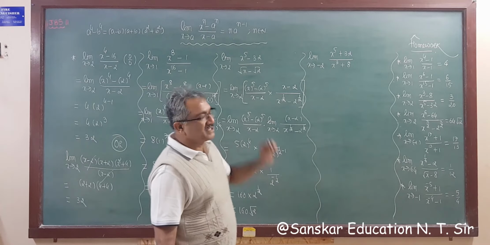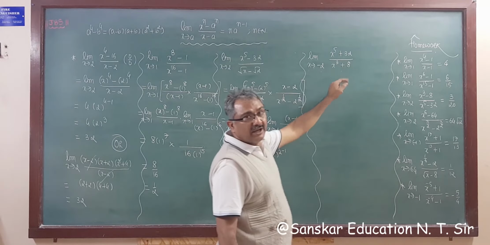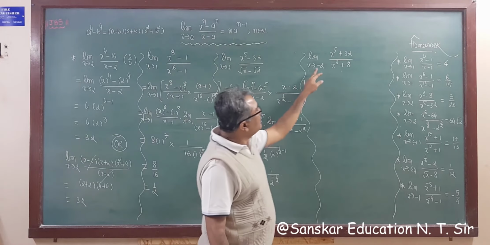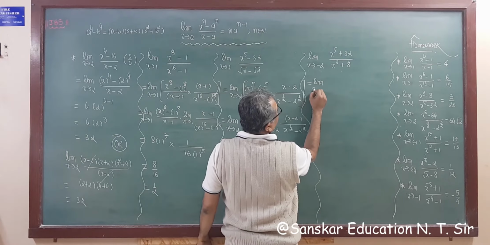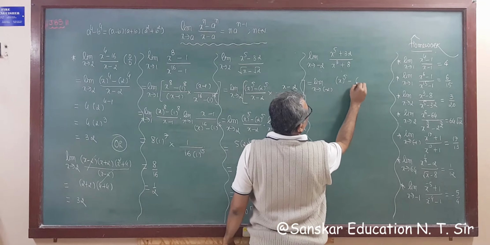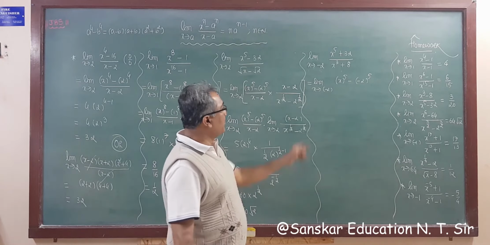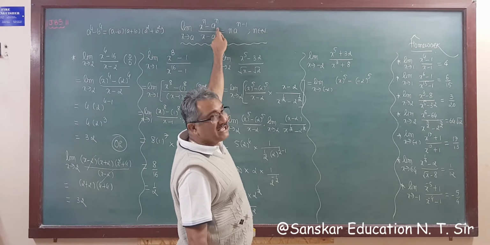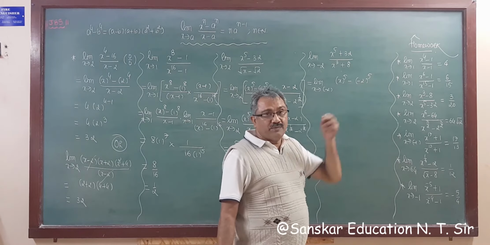Okay? Now it is given x tends to minus 2 and here is plus. In the formula we always need minus, and this is also minus 2. So can I write it like this? Limit x tends to minus 2, x raised to 5 minus 2 raised to 5, because I want x tends to a, then x minus a as it is. So I require minus 2 here also.